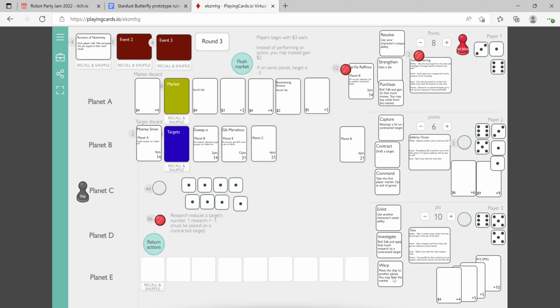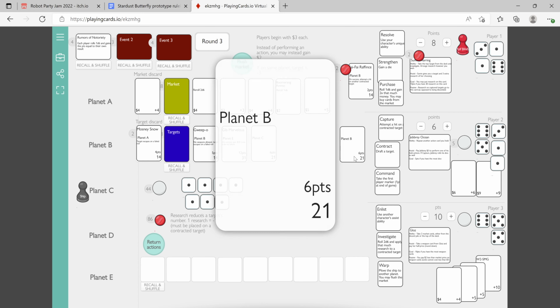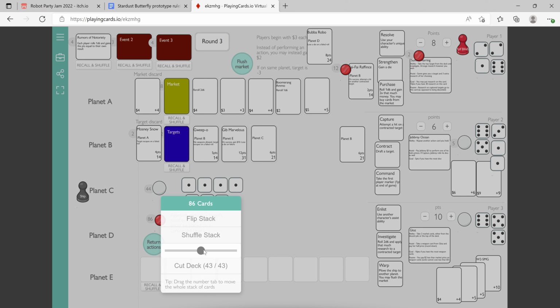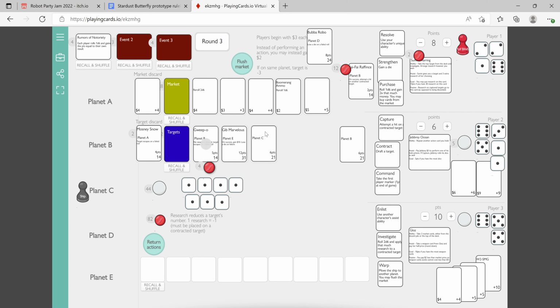Sumiv is going to resolve, or first she's going to strengthen, then she's going to resolve Bubba Robo. Only 4? That's fine. Alright, so Sumiv is expecting Glaz will enlist one of her targets. Let's see. Oh, sorry, we're still doing the resolve action. There we go. So she's not going to put anything on Bubba Robo. Oh, but Bubba Robo is...